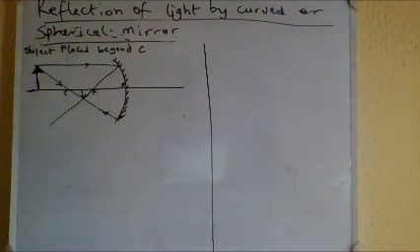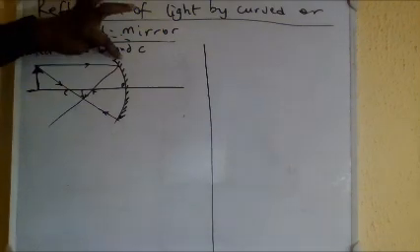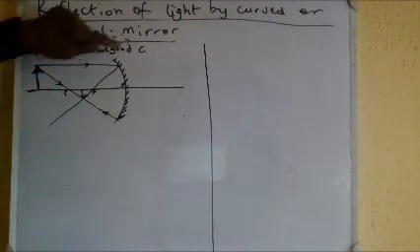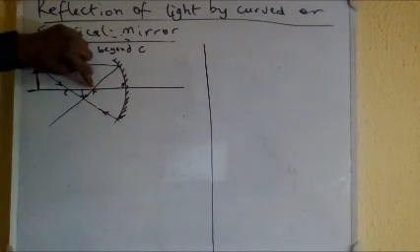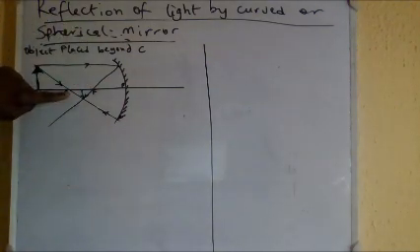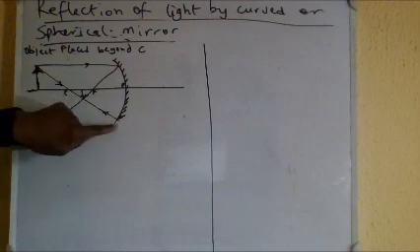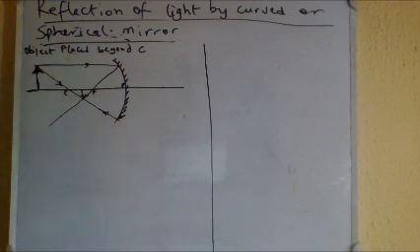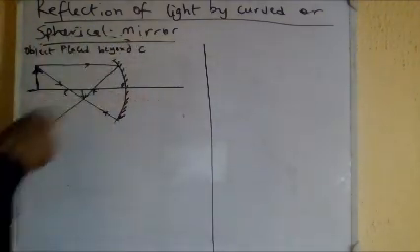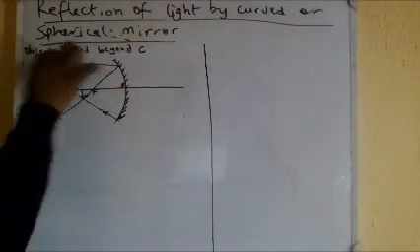Now look at what happened. This first ray hits the mirror and reflects. It reflects and passes through the focus. The second ray passes through the center of curvature, hits the mirror, and goes back. Now there are many rays interacting like this, but we are taking the ones that can make you